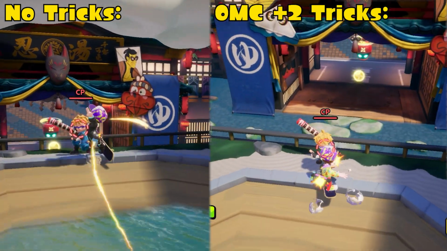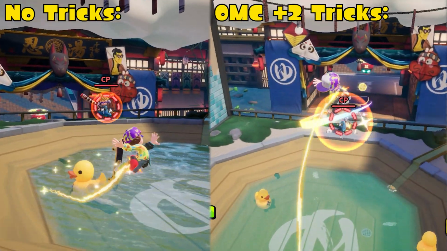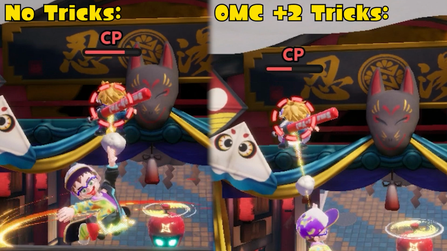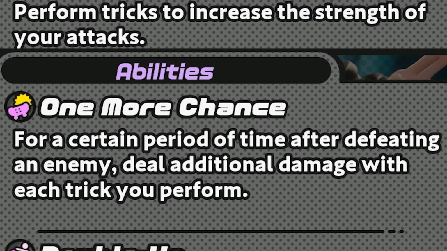The damage increase from One More Chance is also pretty significant, as you can probably see on the screen now, so with it, you'll often be able to KO or Ippon players that have pretty dang low health. Not to mention that when you're performing tricks with Sweet Ride, the trick damage stacks to further amplify the damage,